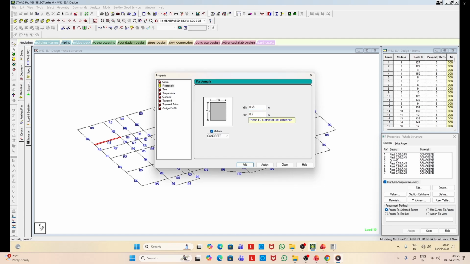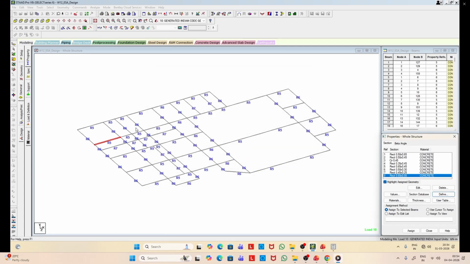Let us try with 650 by 550. And we can change only that element, but it is not advisable to change only one location, because then the construction, because you see there is a secondary beam there, so we have to identify the complete beam.